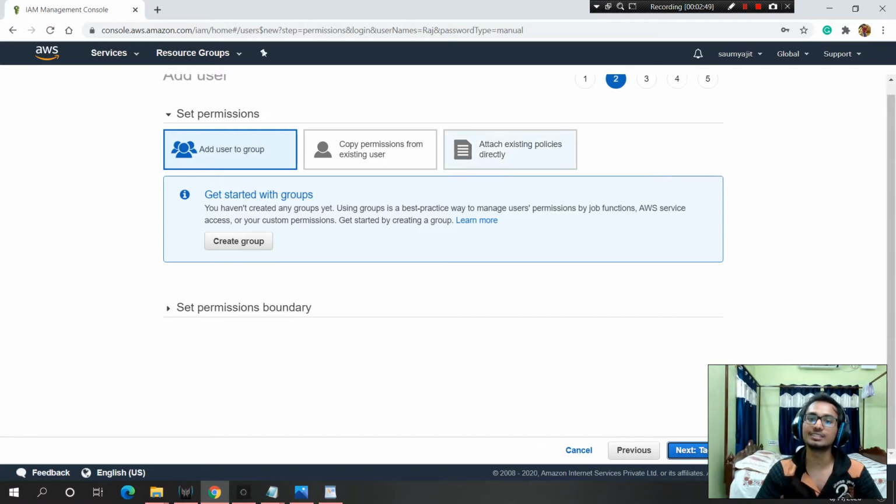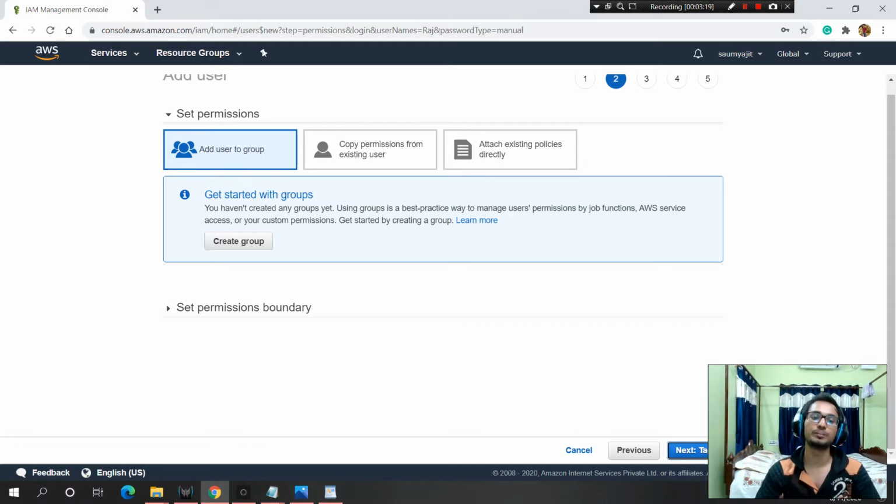And attach existing policies directly, which means you want to give some permission separately to the user, but that is highly unlikely in a big corporate environment because there are multiple users in one group, and when a new user comes, it's very unlikely that you will give permission one by one. That permission will be given to the group only.